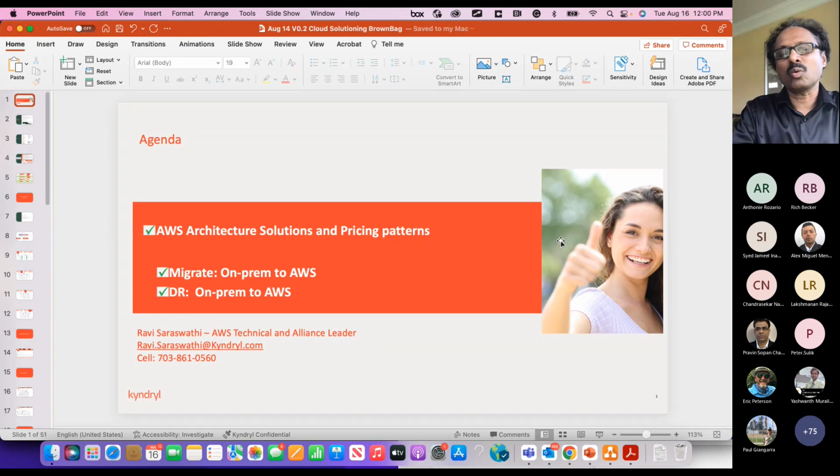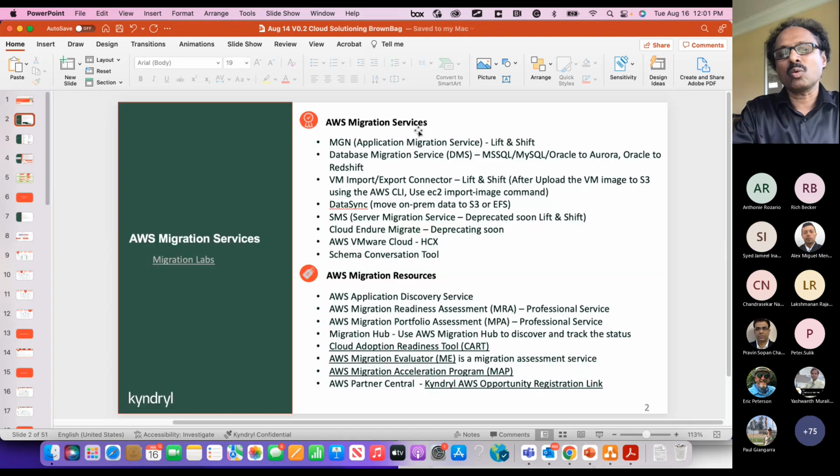Yes. We didn't get a chance to cover that. We listed a couple of services that will help the customer migrate to AWS native. Every customer is interested in AWS native, not VMware Cloud on AWS. We didn't get a chance to cover the different services available in AWS to help migrate to AWS native. We'll cover it later.